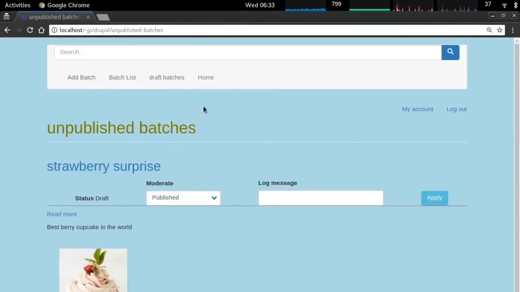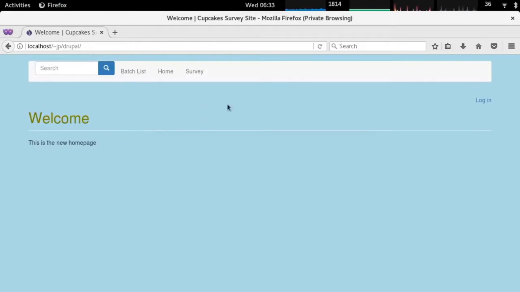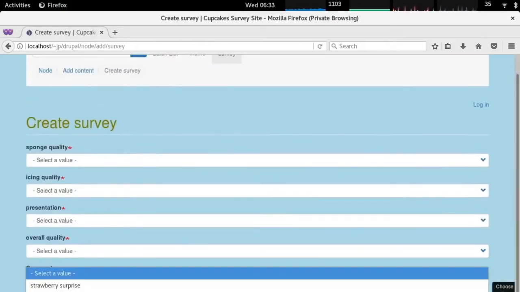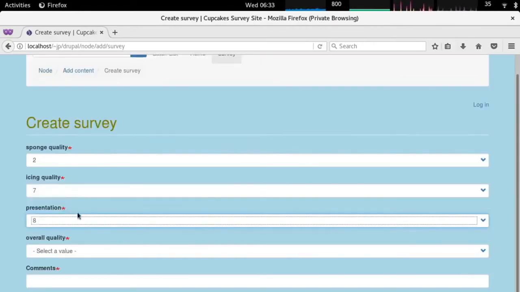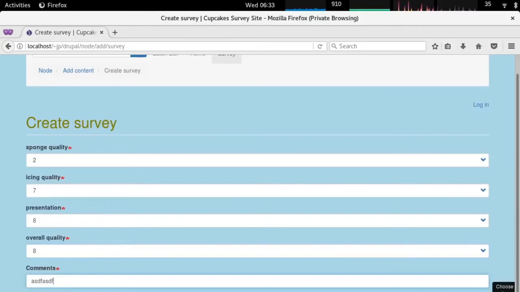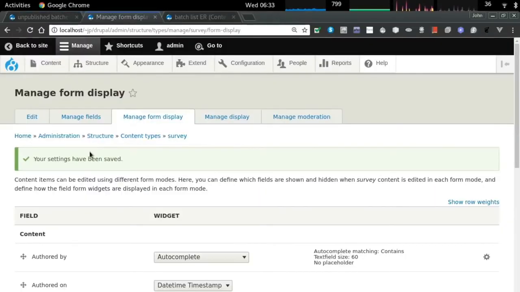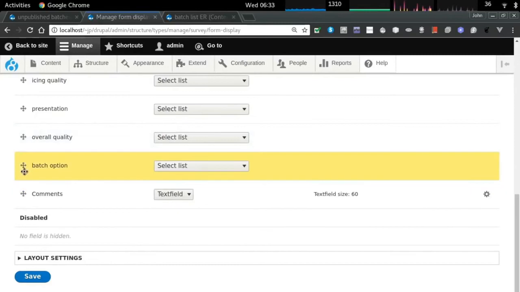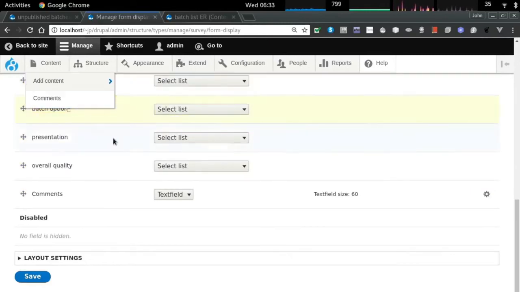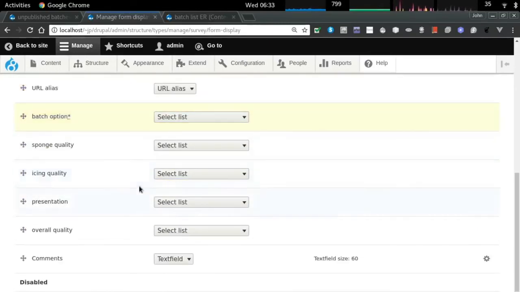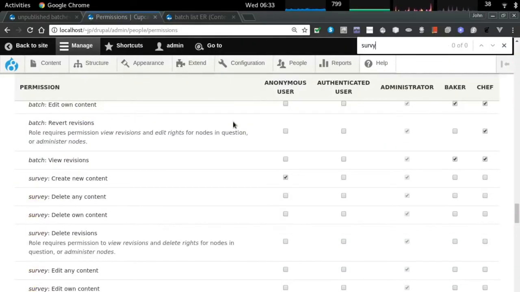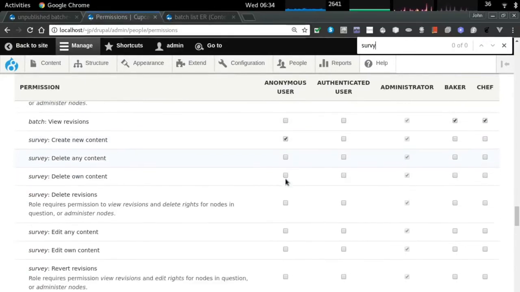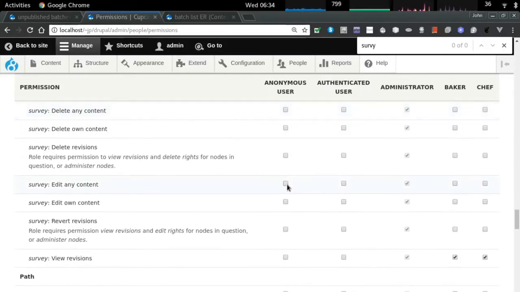So I'll call it batch choice, and you can see views, and I select the one view that I've created that is an entity reference. So that batch option, choose a cupcake you just ate, and that is not autocomplete. It should be from a select list. So now what we should see when we go incognito, not logged in, one of the survey items will be what different cupcake do you want